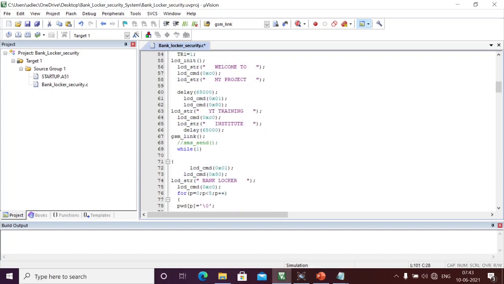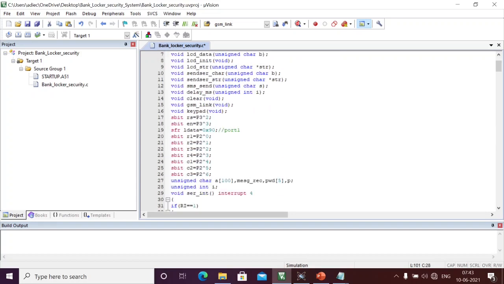Okay, that means we should now define the motor pins here. I have the 3.2, 3.3 already filled, and now I will define two more pins. One is motor 1 1 pin, motor 1 2 pin. Here I am going to define two more pins for the motor. Let it be 3.4 and 3.5. I am going to interface one DC motor.